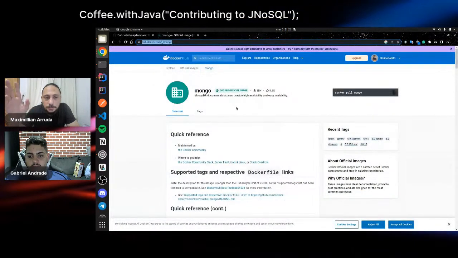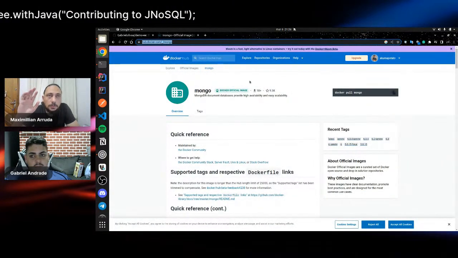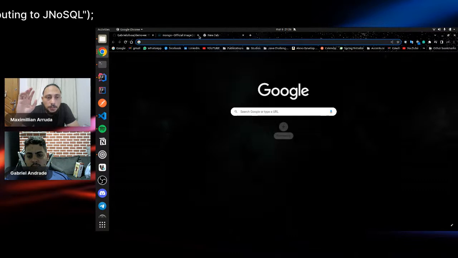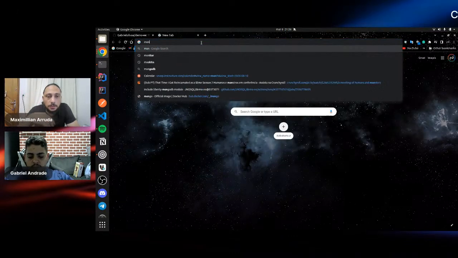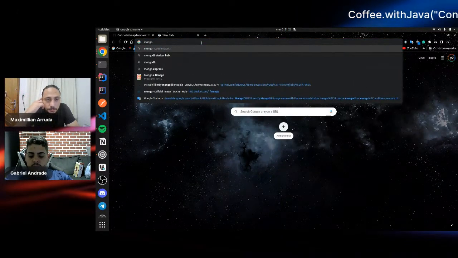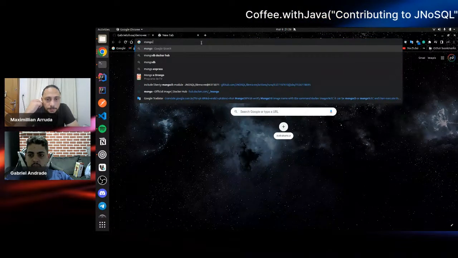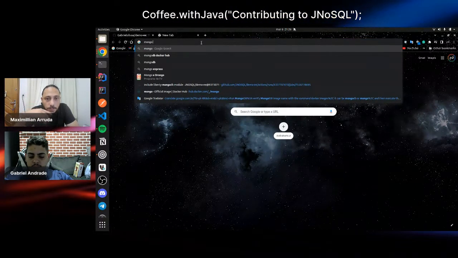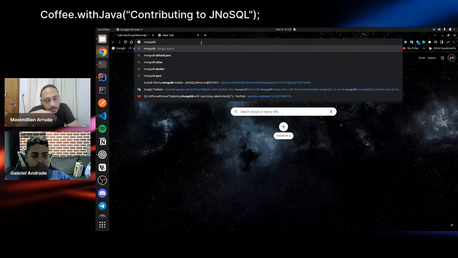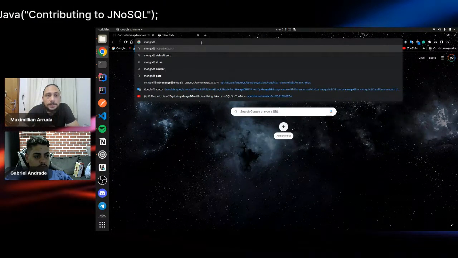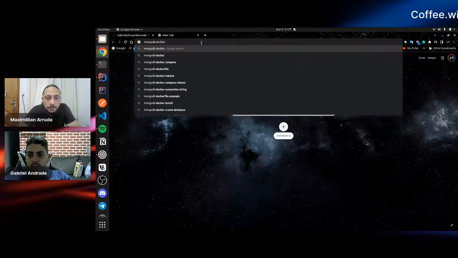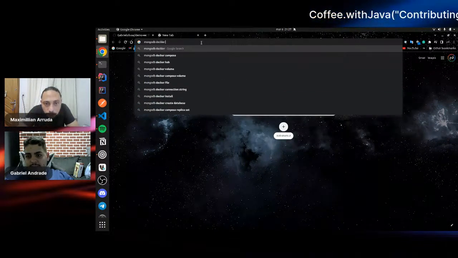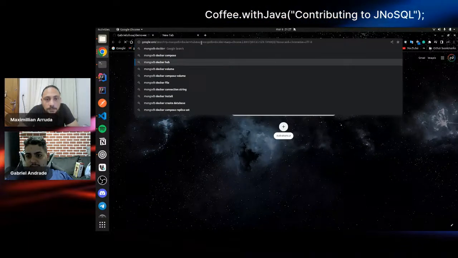Google MongoDB Docker Hub, everything together. I think you will see the link. Yeah, it's the second one.